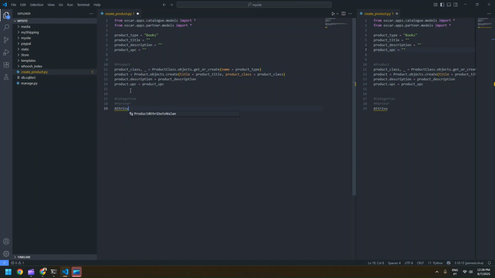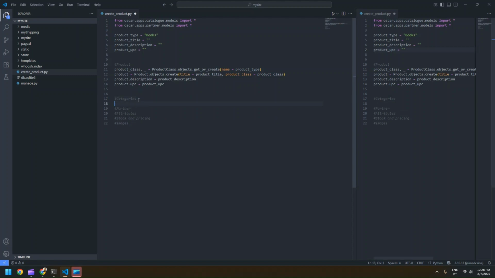Attributes. So our product has attributes, pages, weight, the author, the language, the stock, and pricing. In that last, it also has images. All right,